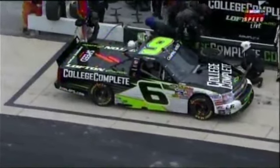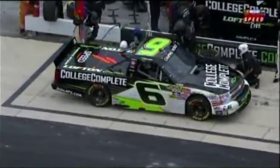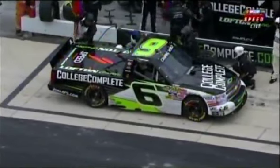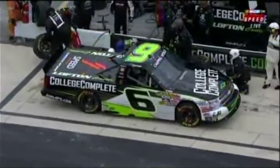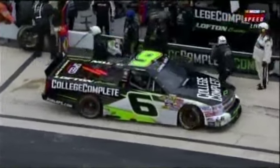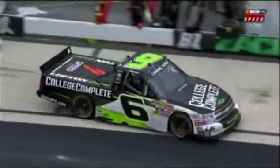We lost some track position. Track position's so big right now. There's so many good trucks here. And it's tough to kind of stomach that, but then again, every race so far in the top 10, we're either tied with the points lead or still in the points lead, so it's not that bad of a day for us. Well, the word I was looking for was consolation, not consolidation, but a consolation prize also goes to the 3 truck,